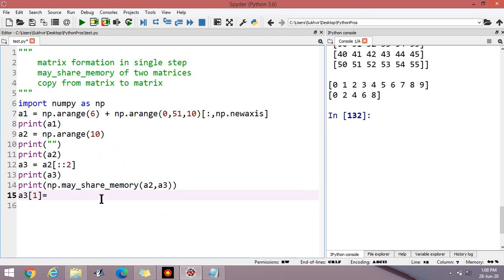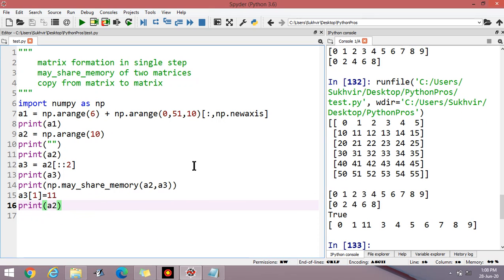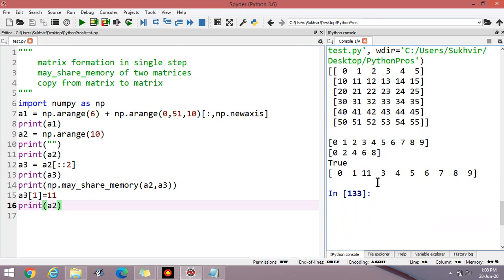Suppose I write A3[1] is equal to 11. Now print A2. See the output. The output is 7 here.